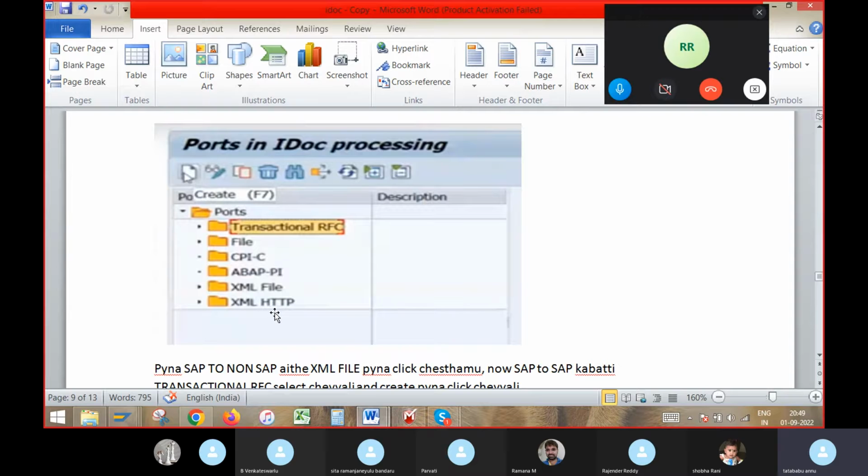If it is SAP to non-SAP, we have to select the XML file and create that port. Now, this person has prepared to send that material master from SAP to SAP. That's why